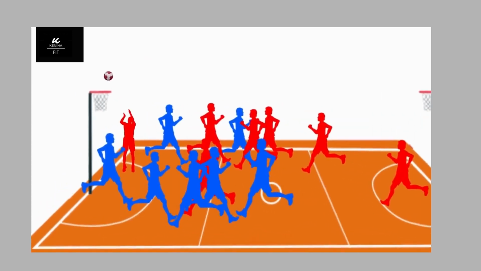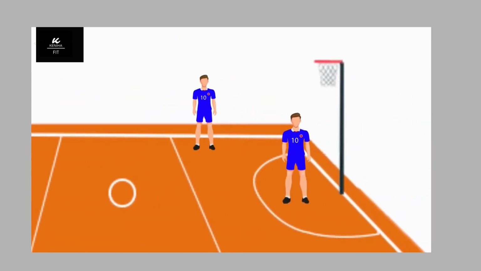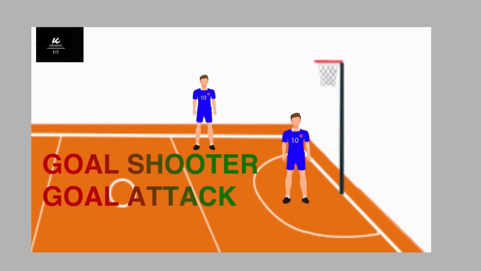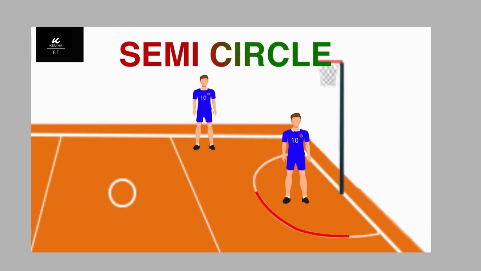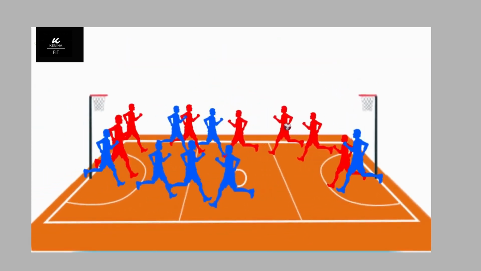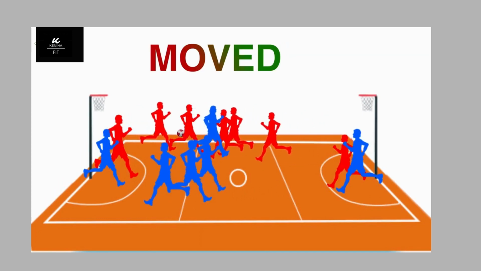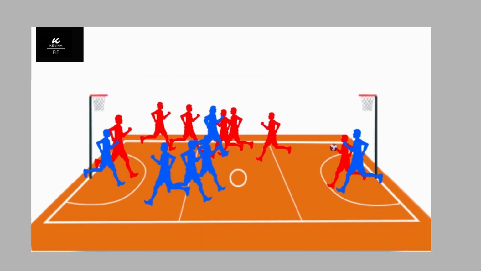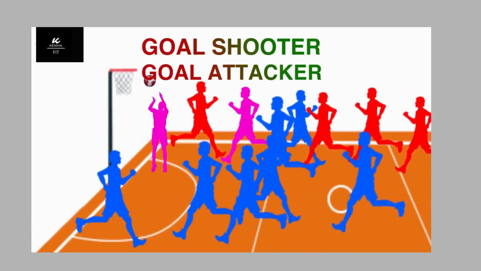11. The ball must go through the ringed hoop for a goal to be given. 12. Unlike other sports, only the goal shooter or goal attack can score goals in netball, and they must be within the semicircle when they shoot. 13. Using the different number of passes available to the player, the netball must be moved around the court through passing. 14. The ball must be worked to the goal shooter and goal attack players who attempt to shoot from